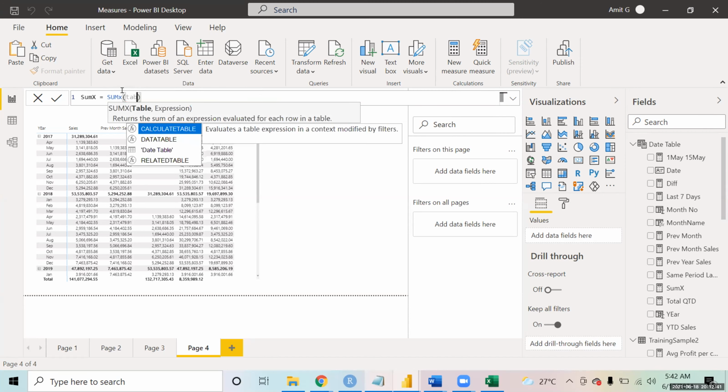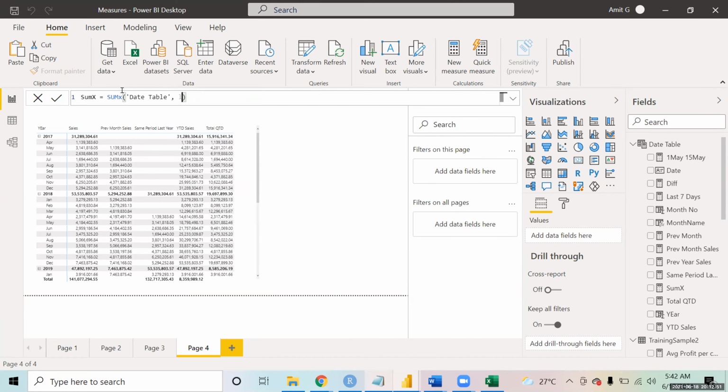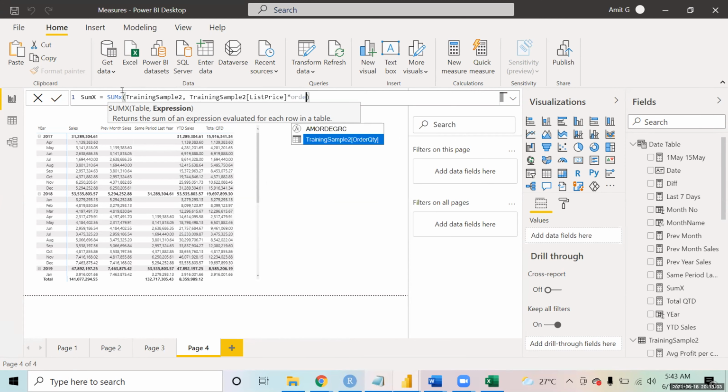It will first ask for the name of the table, then it is going to ask for the expression. The expression is list price, from the training sample table, multiplied by order quantity. See, I am able to achieve this over here.